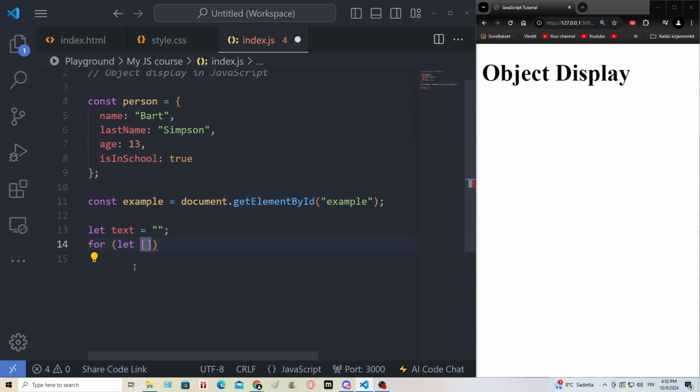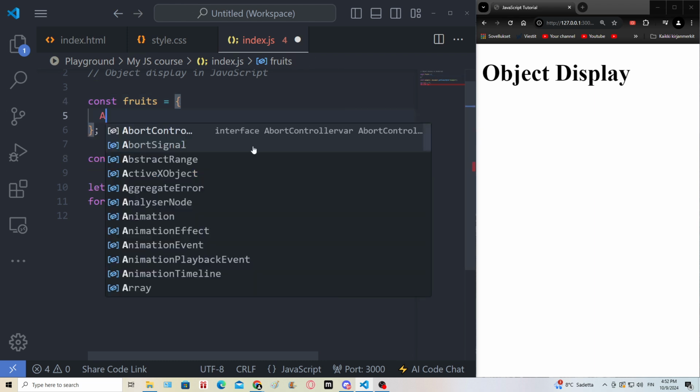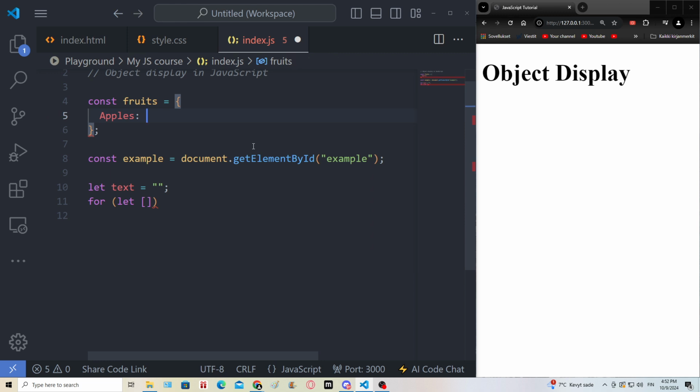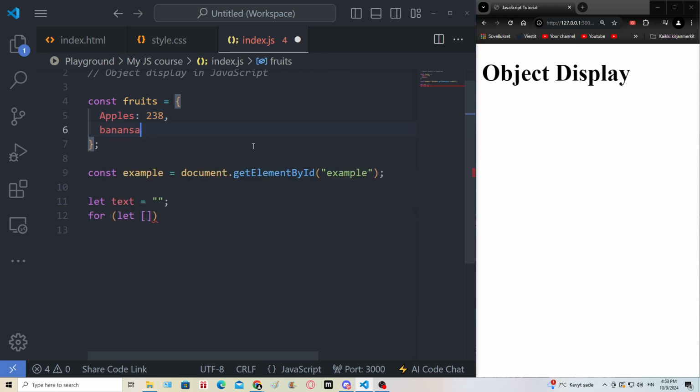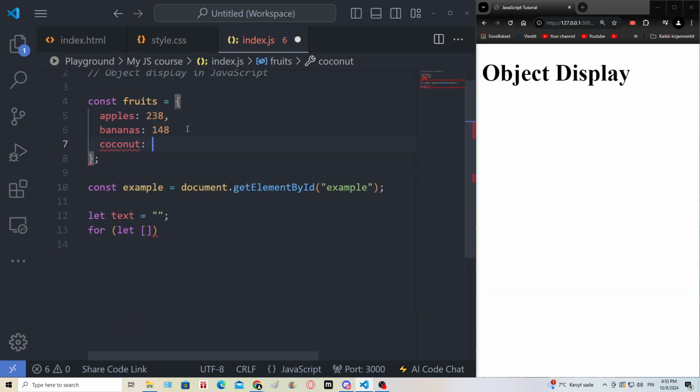Let's actually change this. Let's say fruits. And then we'll have some apples. We will have 238 apples. Bananas. We will have 148 of them. And coconuts. We will have 211 of them. Alright, so there's our fruits